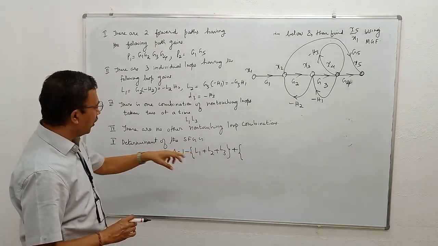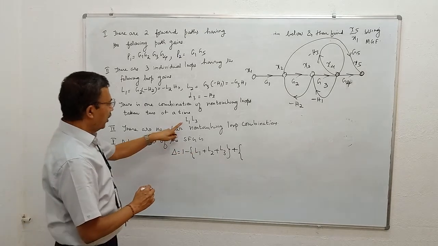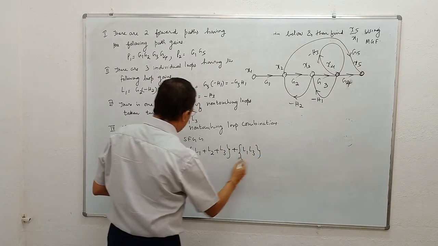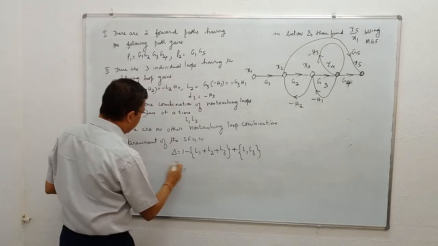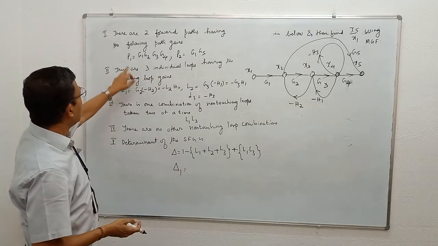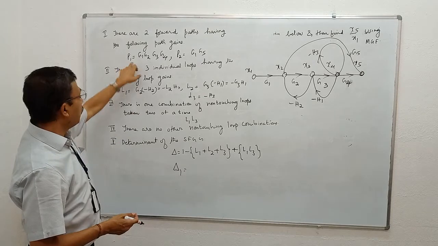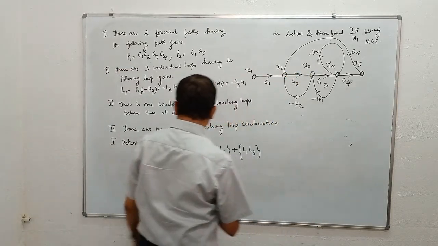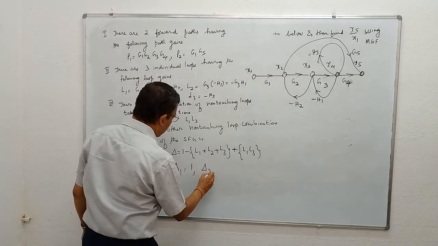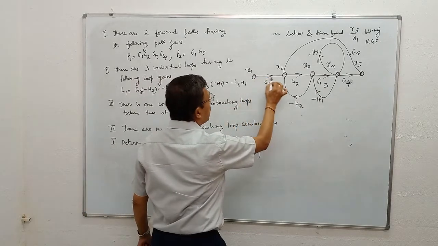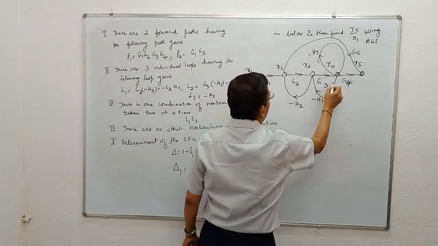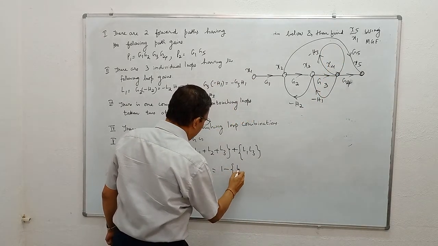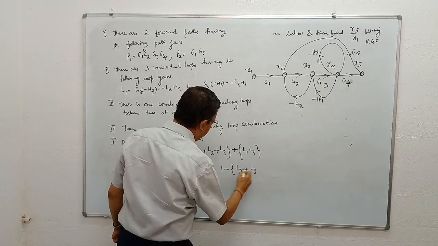In the next bracket, you will have 2 product terms. Here only one term is there in the form of L1, L3. What are the cofactors? There are 2 cofactors, delta 1 and delta 2, because there are 2 forward paths. To the first forward path, all the loops are touching, therefore delta 1 is 1. To the second forward path, G1, G5, loop number 2 and loop number 3 are non-touching. So it is 1 minus (L2 plus L3).